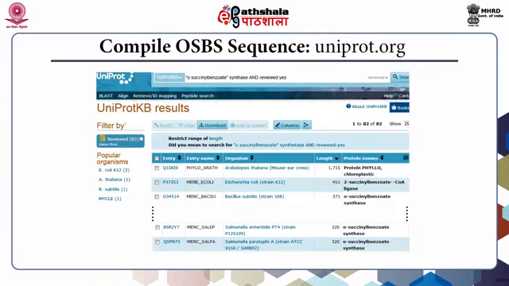Visit the UniProt knowledge base and search for orthosuccinyl benzoate synthase. Limit the search to reviewed, 82, and select 250 from the show drop down list to display all 82 sequences in a single page. Now sort the entries on the basis of length. The first two entries with unusual length of